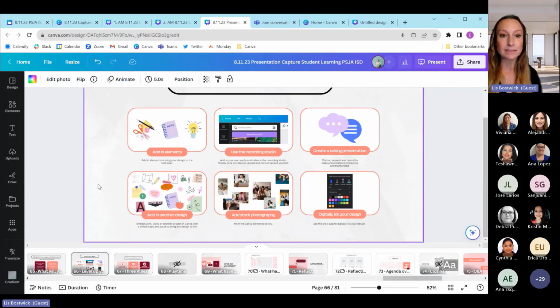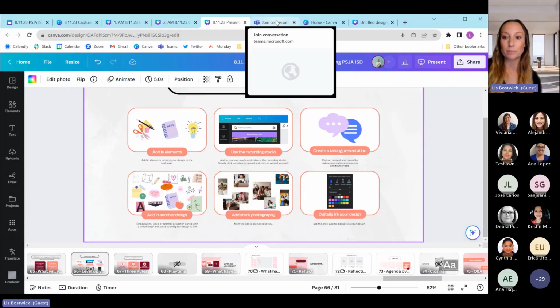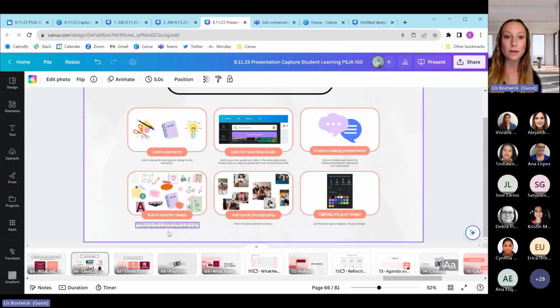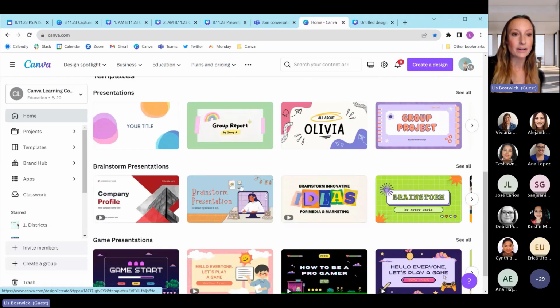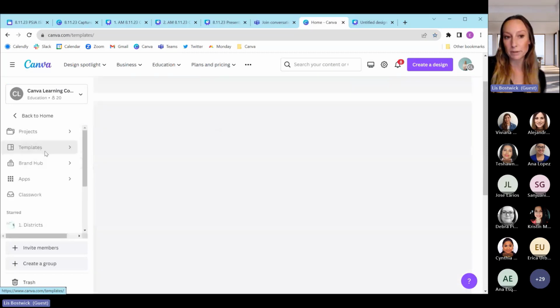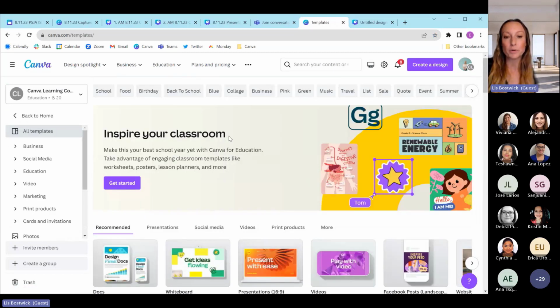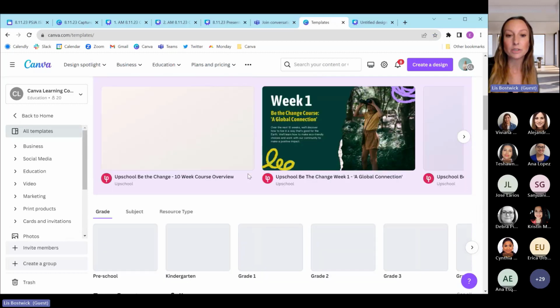Okay, so a couple of things that I do want to hit on before we move into anything else. I just want you to know that from your Canva homepage, this is where you really can access anything. Like I said, there's a lot of ideas in here. If you go under templates from your homepage, especially for my newer Canva creators here, just know that